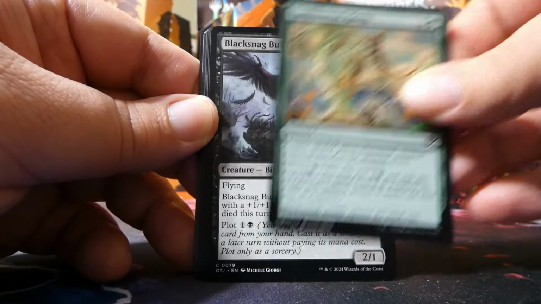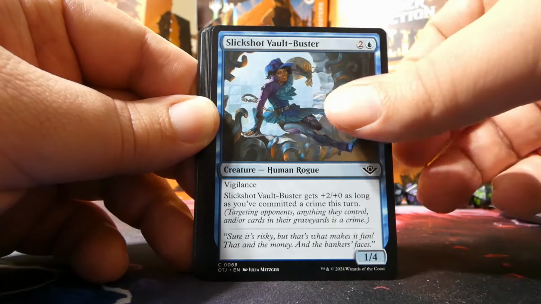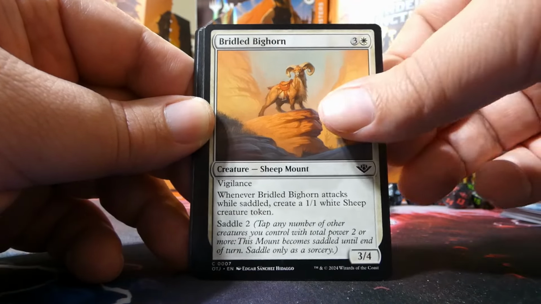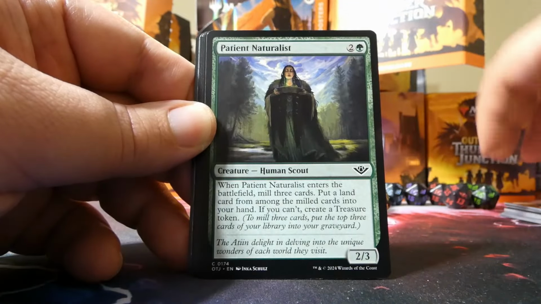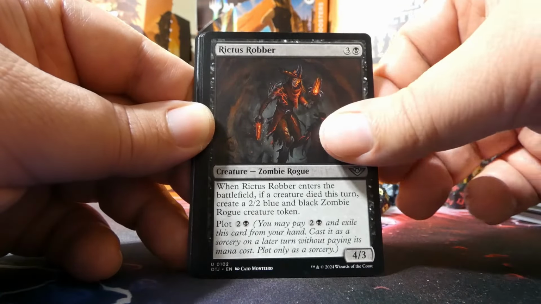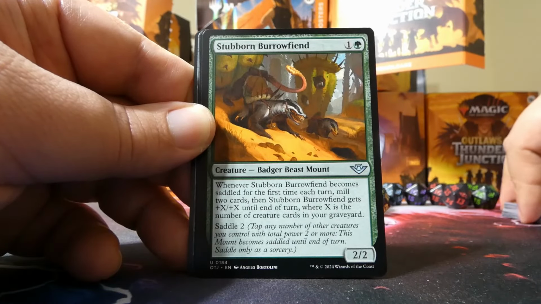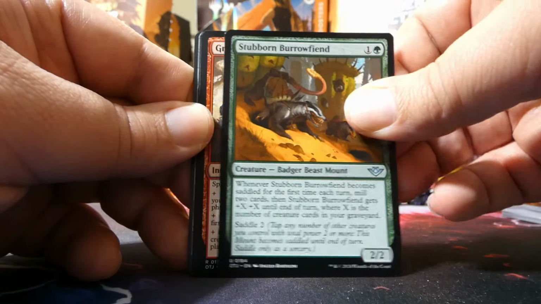Tumbleweed Rising, very nice card. A Black Snag Buzzard, Slickshot Vault Buster, a Bridled Bighorn. I mean, this isn't like my favorite Mount card, but it's still pretty good. Prickly Pear. Another Patient Naturalist. Second one of those we've seen. A Rictus Robber is our first uncommon. Scorching Shot is the second. And a Stubborn Burrow Fiend, another Mount, is the third. Which means our next card is...